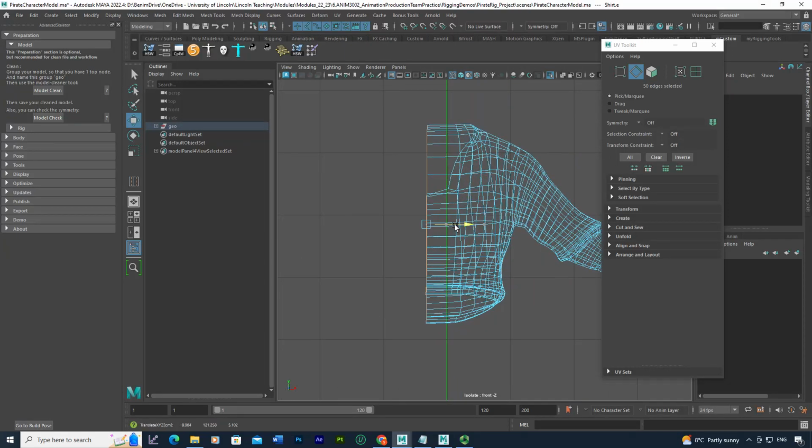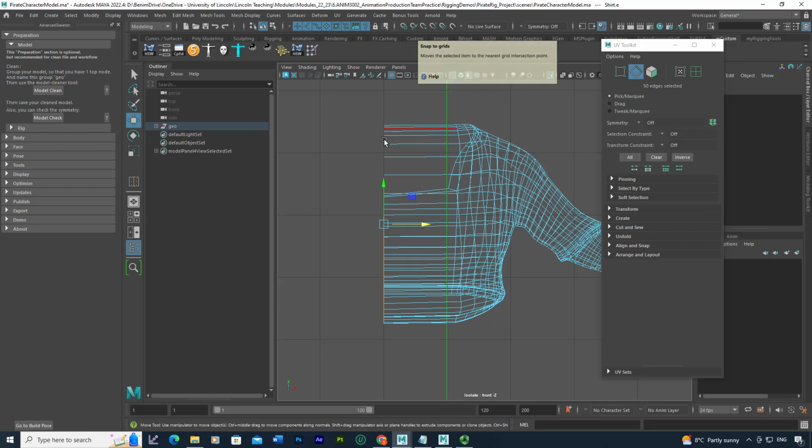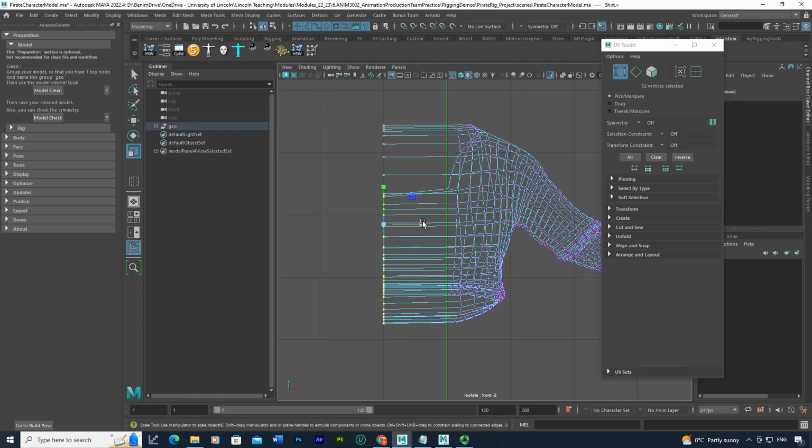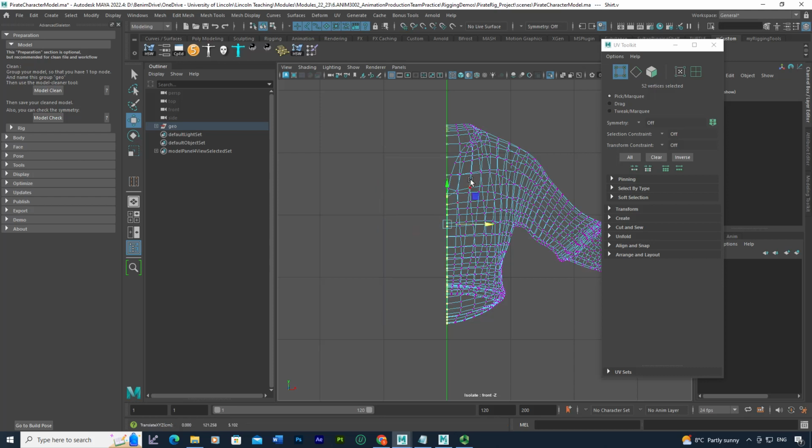And then what I tend to do, I tend to scale everything like this along the X, holding on to the X button or snap to the grid. I move it to a place where I can just select all those vertex points and just squash it like this. Now it's all aligned, and then I can hold on to the X button with the move tool selected, bring it back,